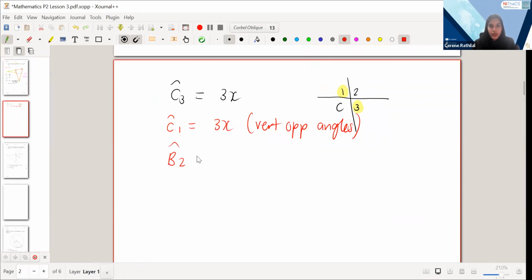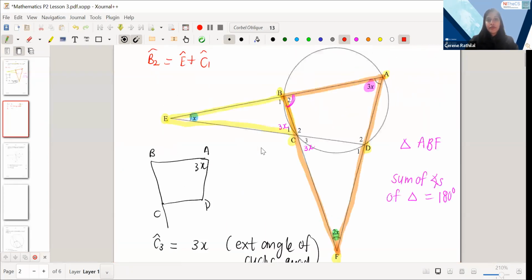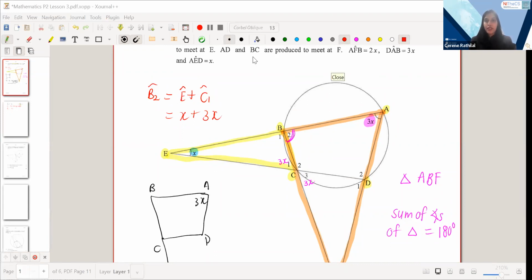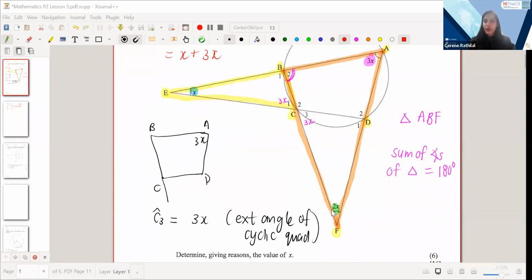So we see that B2 is equal to 4x. Why is it equal to 4x? Because angle E was equal to x and angle C1 is equal to 3x. Is everybody following up to that point? Wonderful. I see in the chat box that you've already seen that B2 is 4x. You've gotten there. Perfect. And so that is what we wanted to do, isn't that? The whole aim of highlighting the orange triangle was to say we want to find B2,